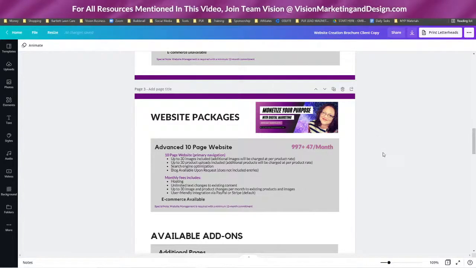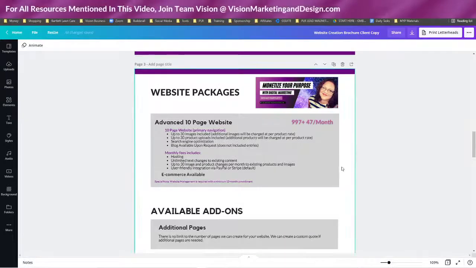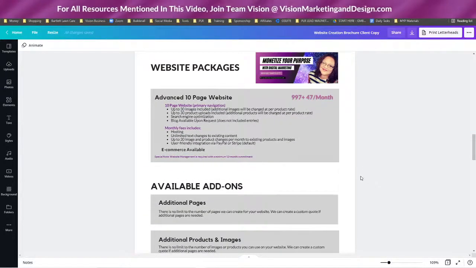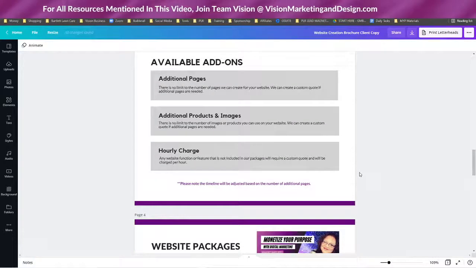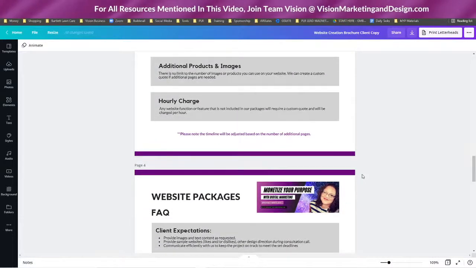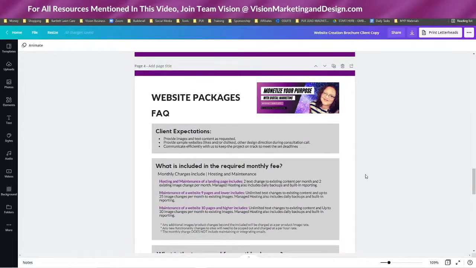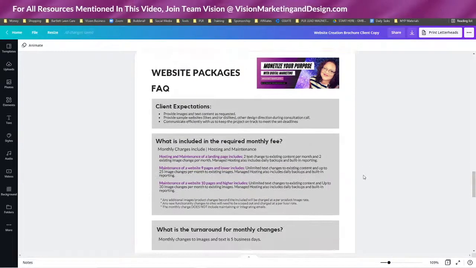They need to trust you. And when you have a system like this, it shows them that you have been doing this, that you know what you're doing, you have a system in place, and it's duplicatable. So you're not a brand new person. That's how you need to present yourself, no matter if you've been doing web design forever. If you've not done it for a business, it's a totally different system.